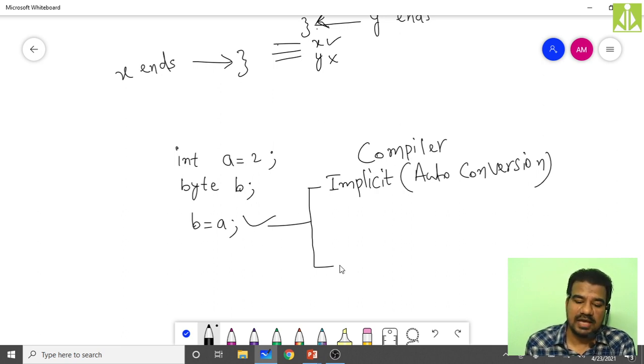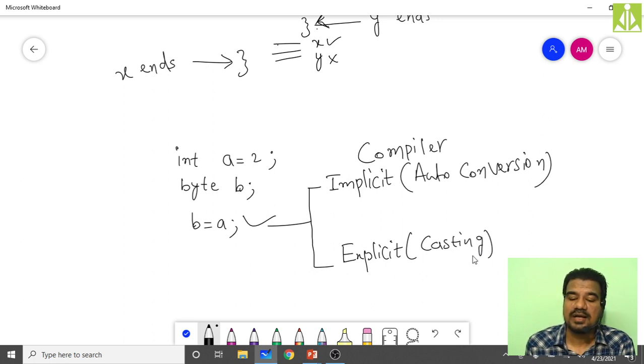Then we have the second type of conversion, explicit conversion, which we call casting. When we say explicit, your compiler will not do it.